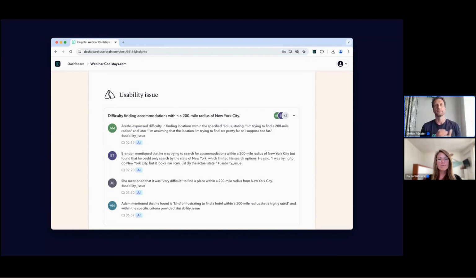Then you can see the timestamp of when it's happening, and you see this AI tag indicating that this is actually a note that was discovered by AI. I'm mentioning this because you will see in a couple of minutes, when I show you a different test, that the AI cannot just find themes and patterns across its own notes. It can also take your own observations or your team's observations into account. And all the notes and clips or whatever your team was making can also be added to this. And the AI will know, okay, this is part of this problem, so I put it into this bracket, or this is positive feedback, so I put it there.